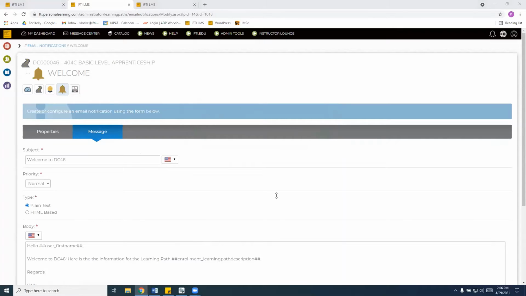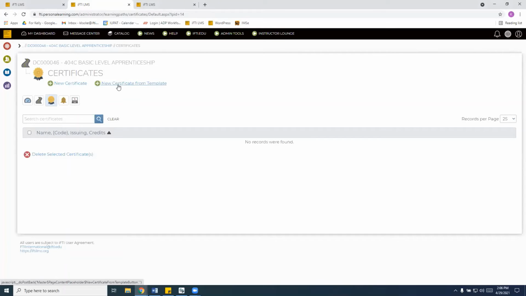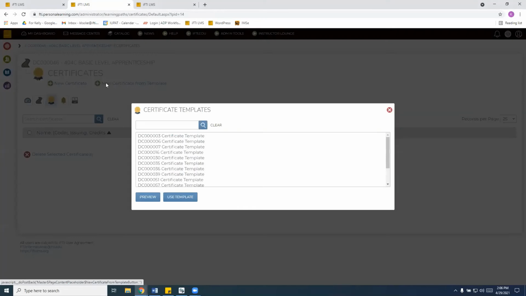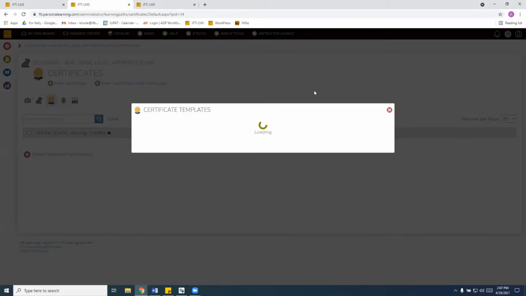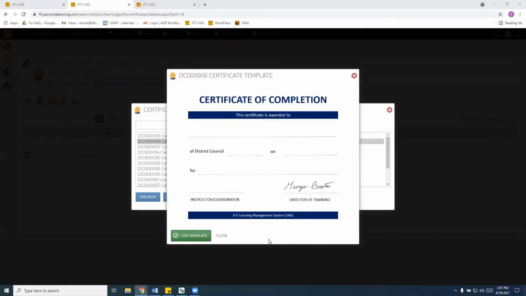Kelly, there was a question from Steve, but Ken already addressed it. Maybe we can just display that. It's the ability to change the background image of the certificate. Yes. Yeah, maybe we can go back to the certificate, then open up the template for a district council. So some of the district councils sent us their signatures. So we've set up certificates of completion containing their signature. So that's simply an image that we uploaded in the system.